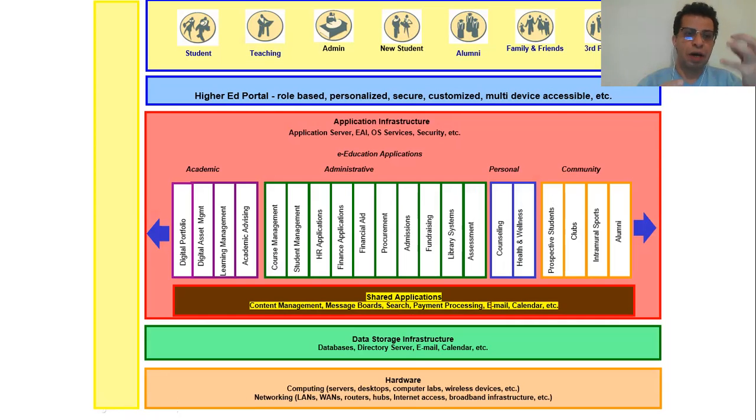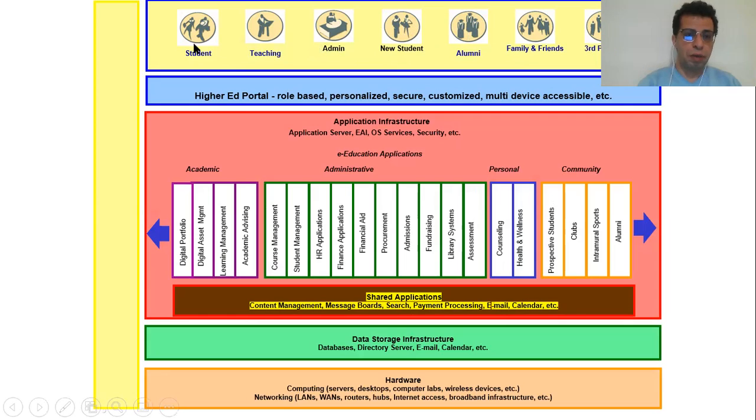Now, there are two different approaches. One is faculty or institute oriented, and there is a student oriented one. We'll be talking about this later on, about what kind of application is built through that. But overall, you're looking at who is going to be involved in using this application.